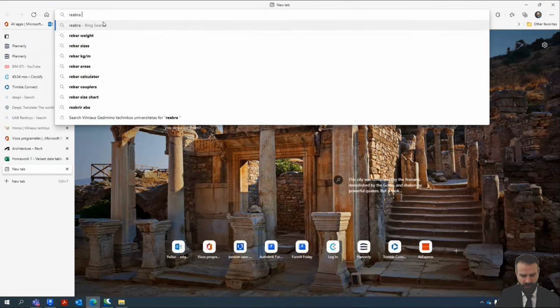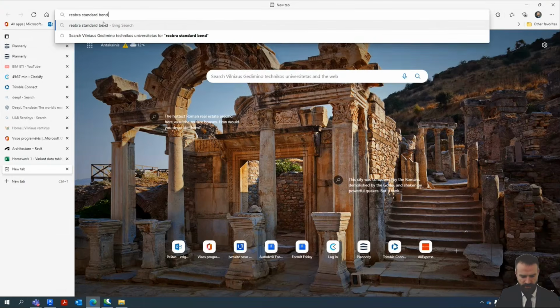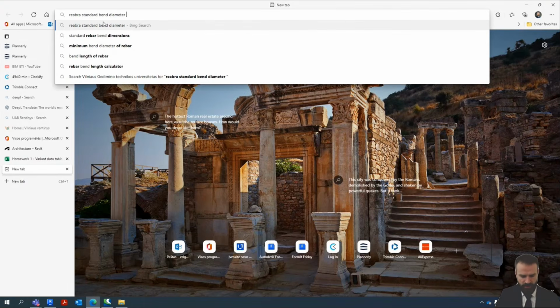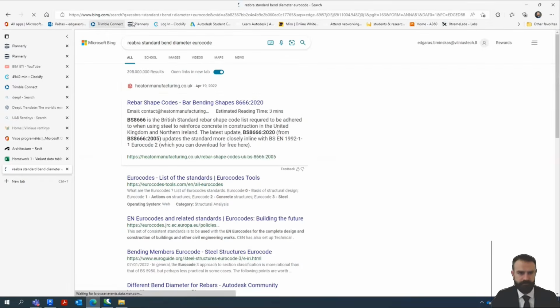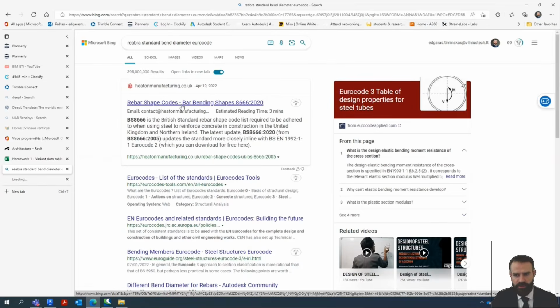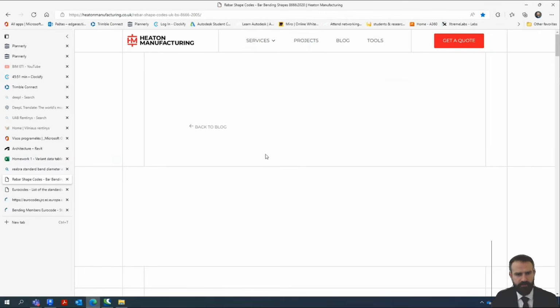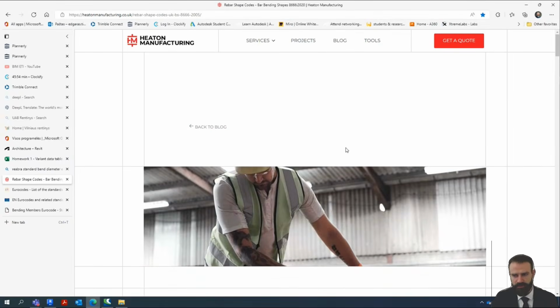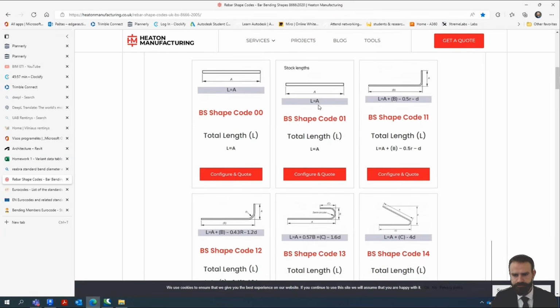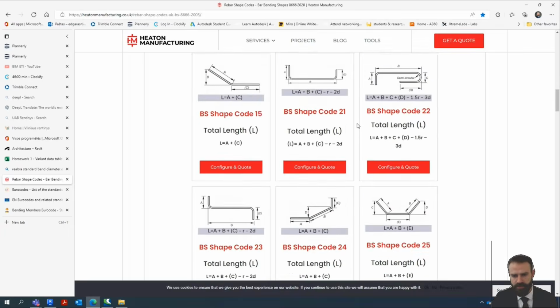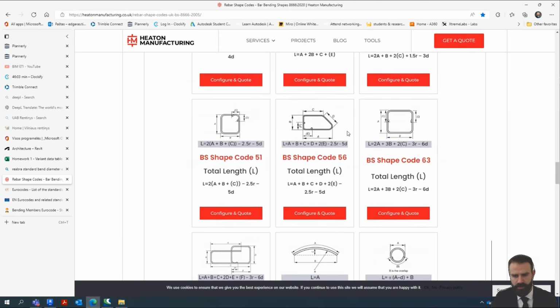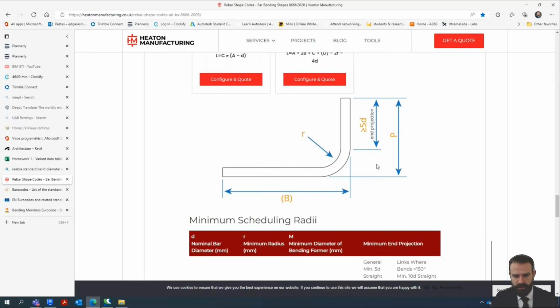So rebar standard and Eurocode, bar shape codes, and list of standards. So we should follow regulations from. So here is the standard shapes of rebars according to Eurocode and ISO standard, and radius for bending is depending also on the